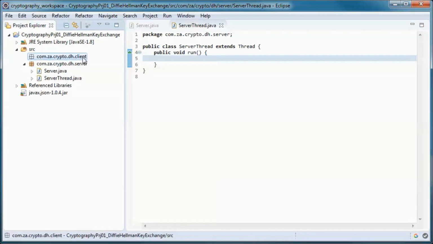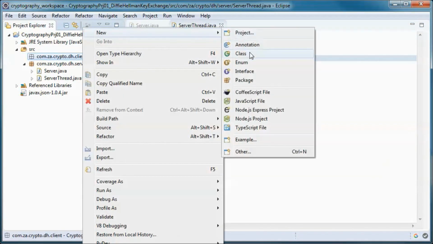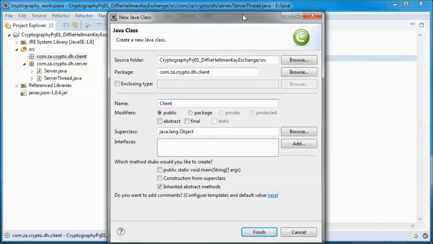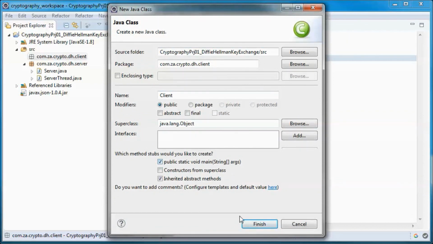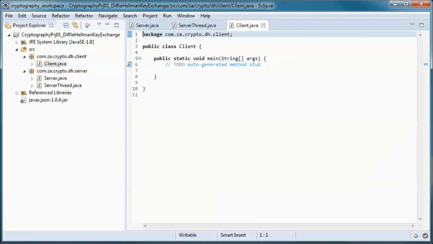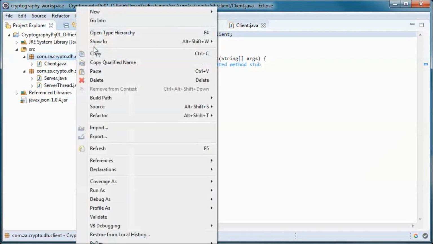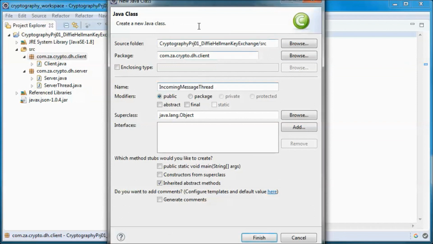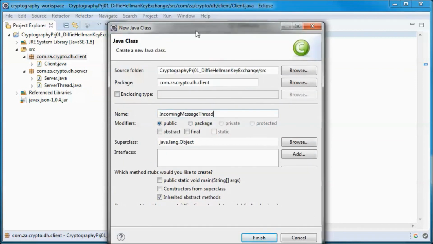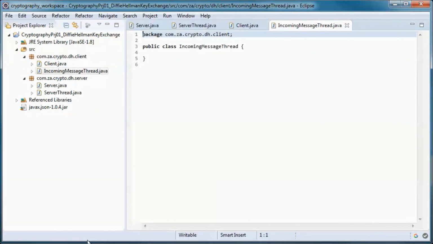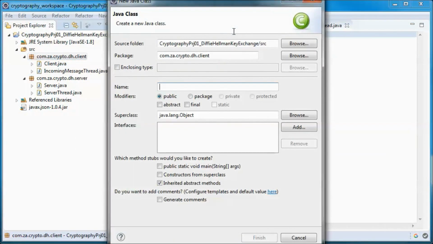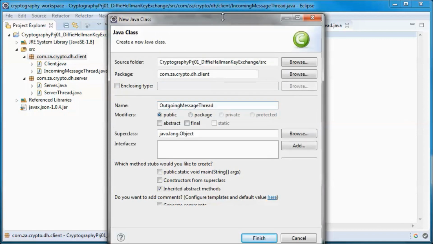and on the client side we will have three classes: a client class with a main method, an incoming message thread class, and an outgoing message thread class.